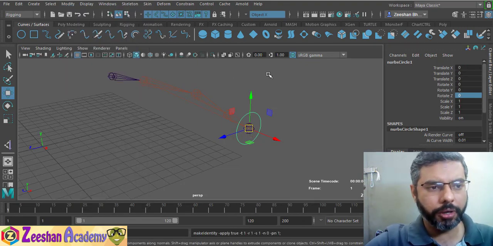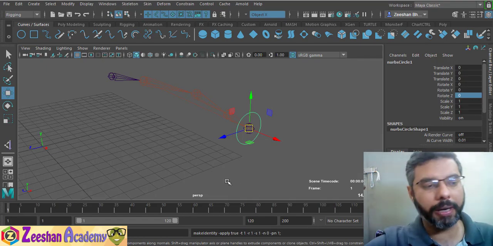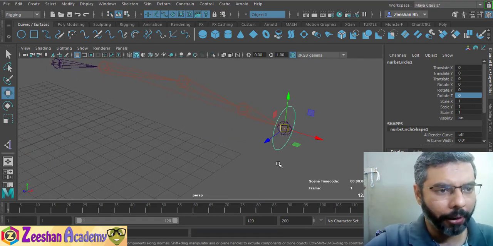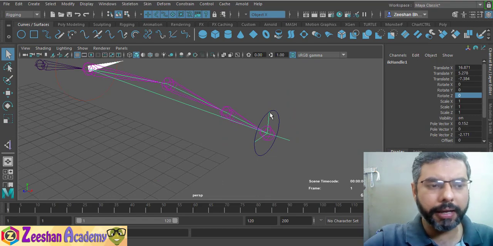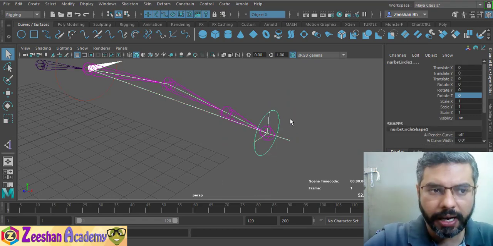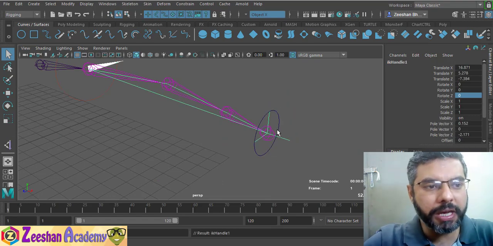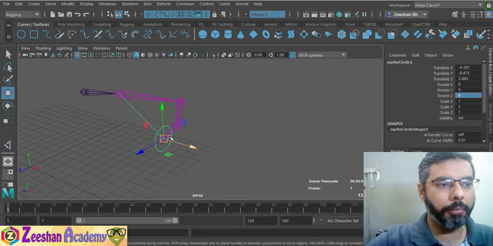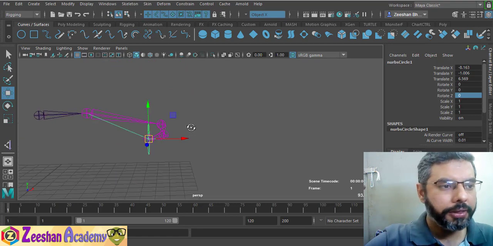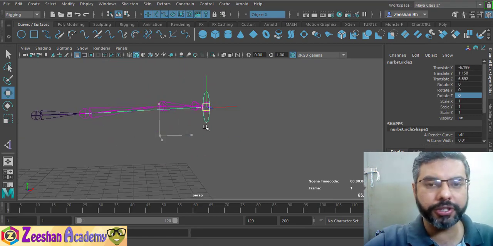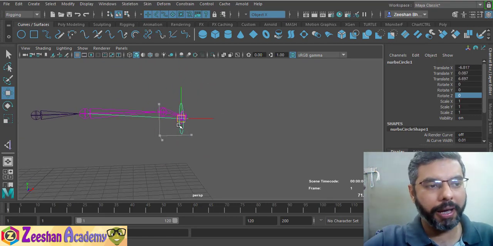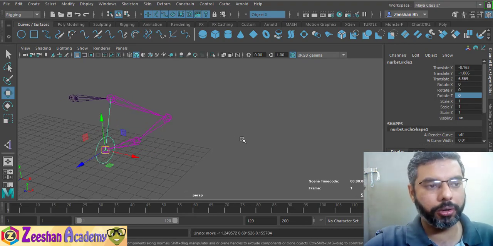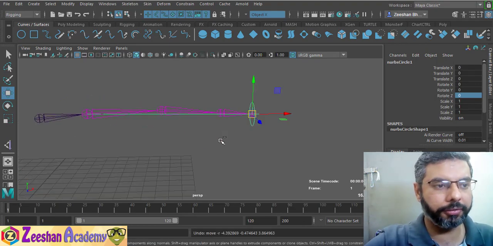So this is 0, 0, 0, and we can use this to return the character back to its default pose. Now I select the IK handle, shift select the controller, and hit P for parent. What this will now do is control my arm. As simple as that. It's nothing typical, nothing big that we need to do. We just need to control our parent constraint and this thing together, and this would work absolutely fine for us.